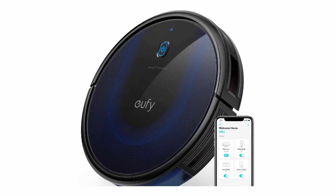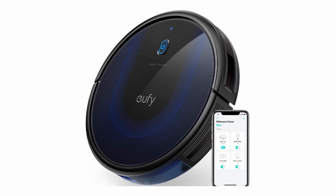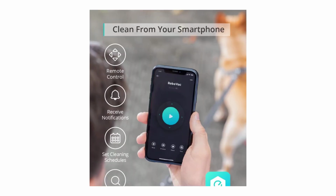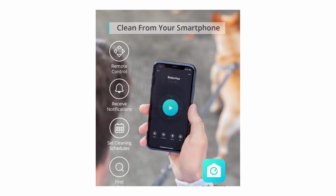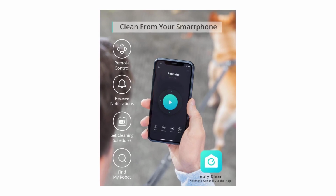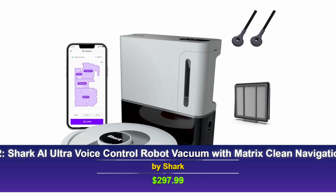However, the combination of high suction power, advanced mapping, and self-emptying capabilities makes it a strong contender for those who prioritize performance and ease of use. Pros include its powerful suction, hands-free maintenance, and smart navigation, while cons are its higher price and lack of mopping ability. In the number 2 spot, we have the Shark AI Ultra Robot Vacuum, priced at